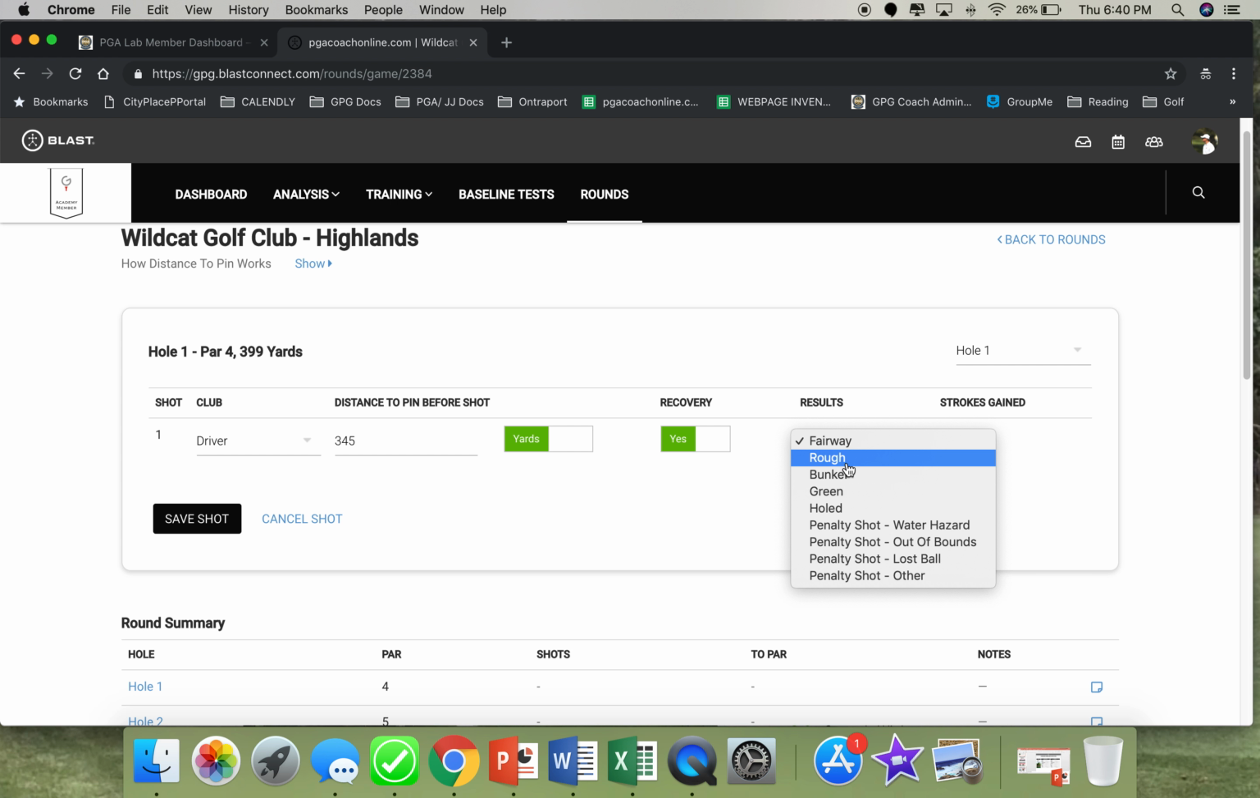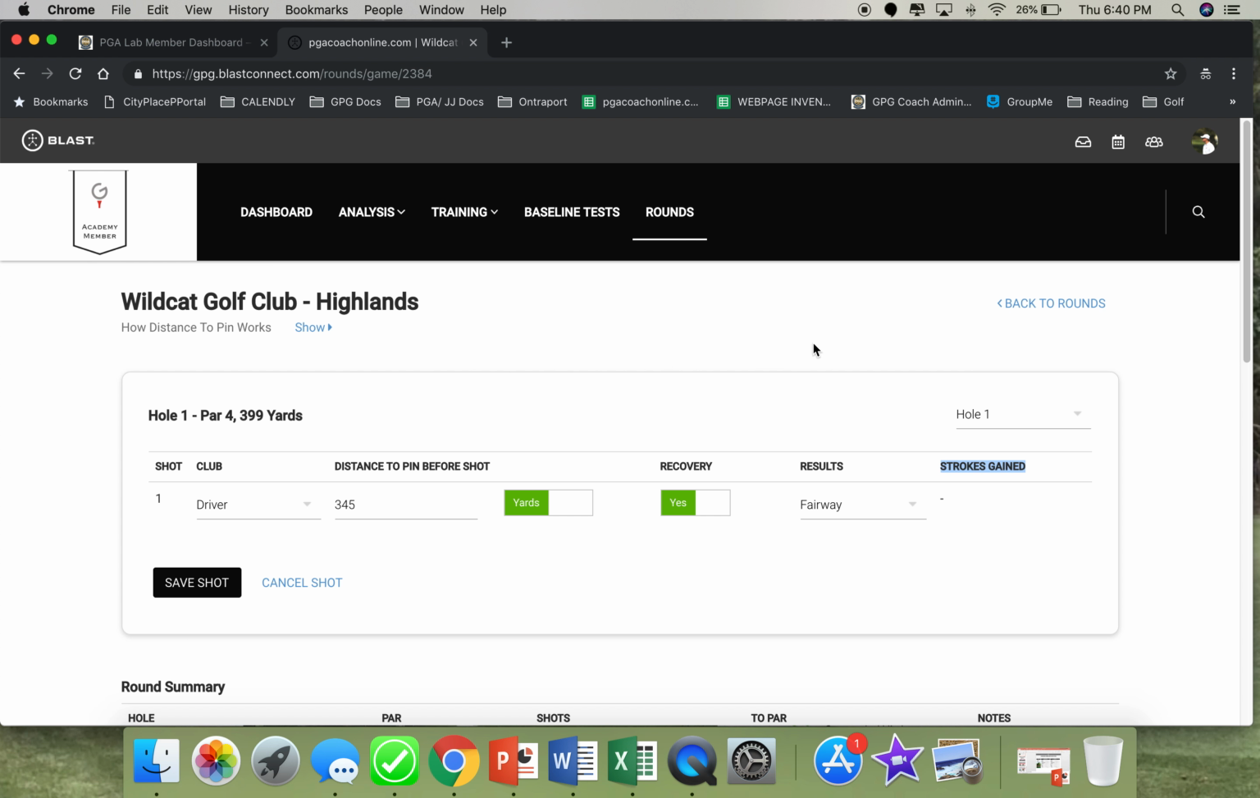Then you can say where it ended. Then you want to put the result of the shot, where it ended up: in the rough, bunker, say you hit it on the green and you hold it, or the penalty shots, because it does strokes gained. So after 5 rounds,